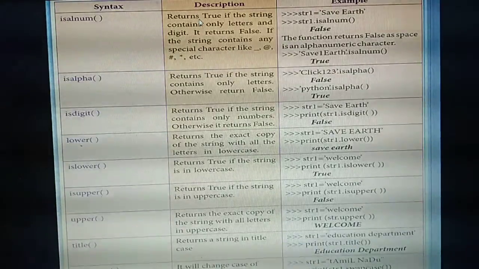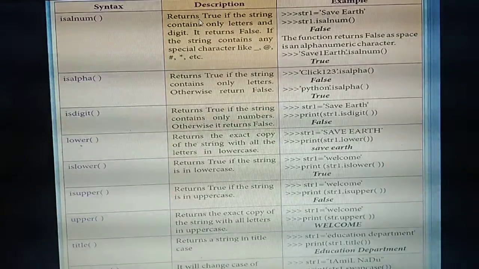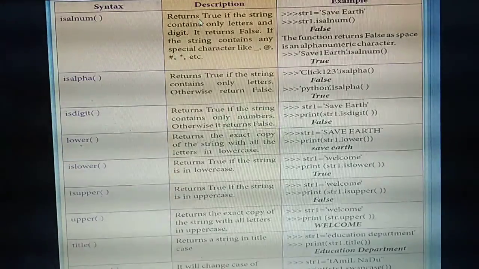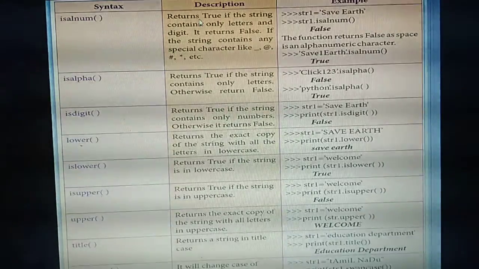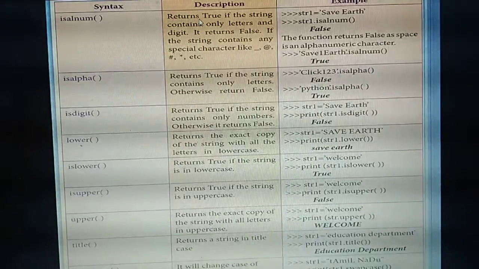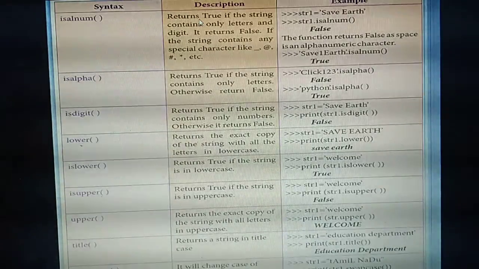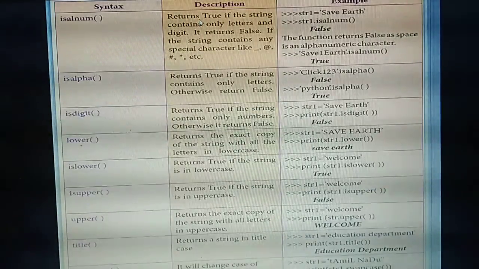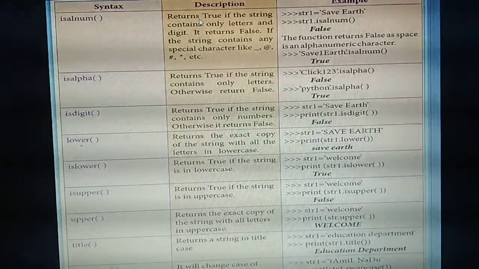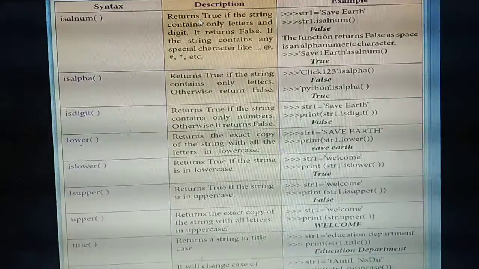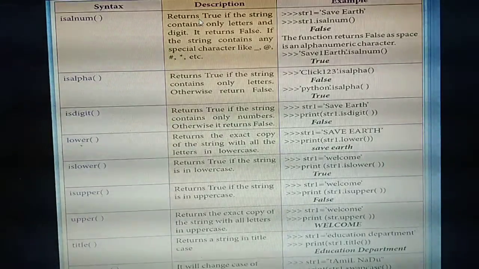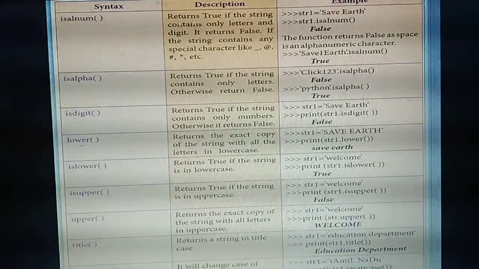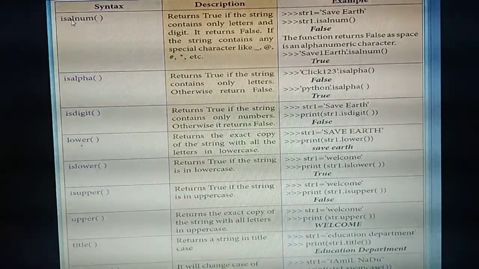It will return true if we are giving a sentence in which English characters as well as numbers are there; it will return the answer as true. If a space or a symbol is there, it will return the answer as false. So it will only accept English characters as well as numbers, digits 1, 2, 3 as well as letters ABCD. A space it won't consider, and extra symbols it won't consider either, so it will give the output as false. So alnum means alphabets as well as numbers.